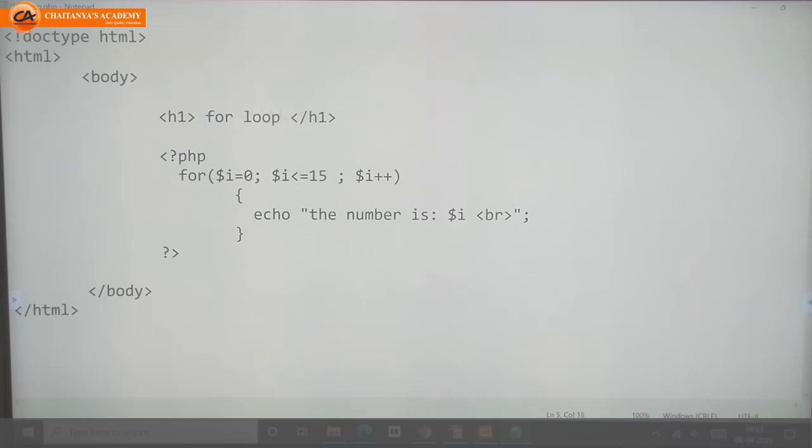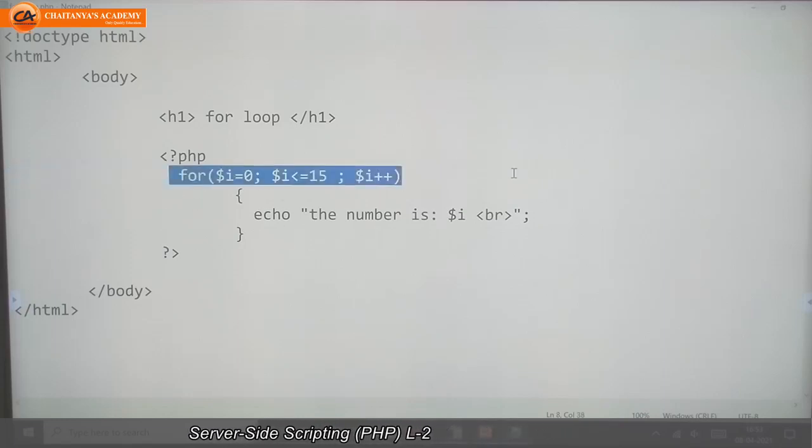For loop: what I did here, I took a variable, initialized the value with 0, $i less than or equal to 15, and $i++ here, meaning I want to print the values from 0 to 15.